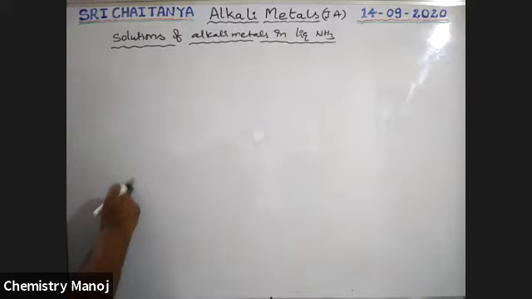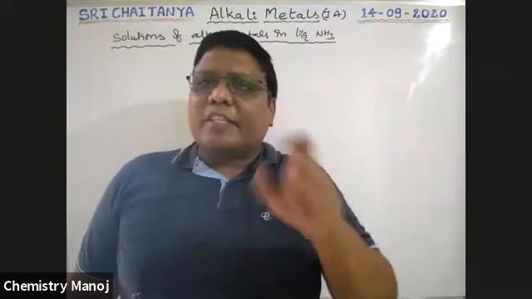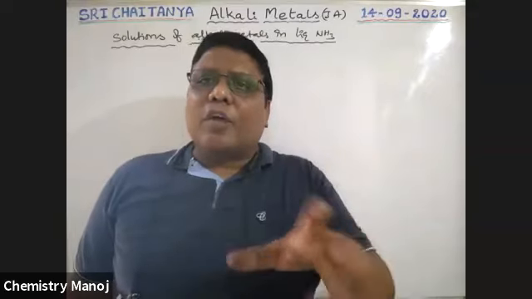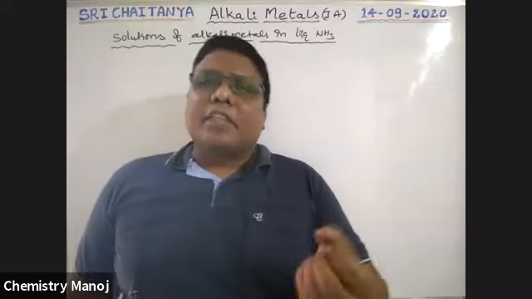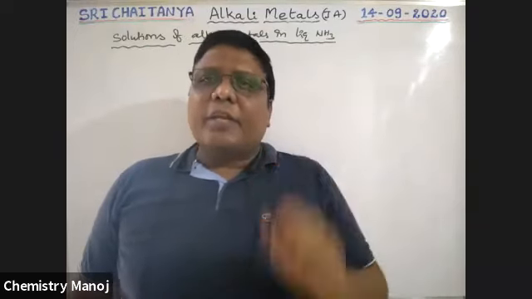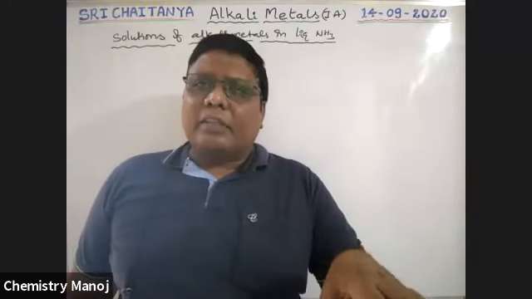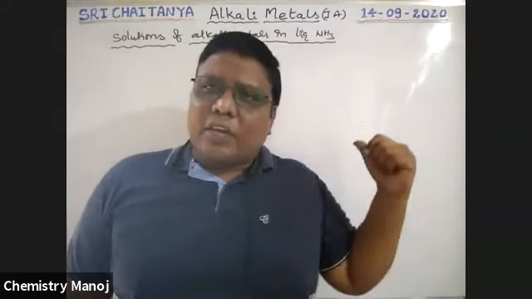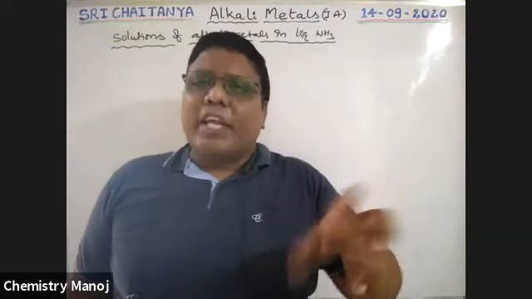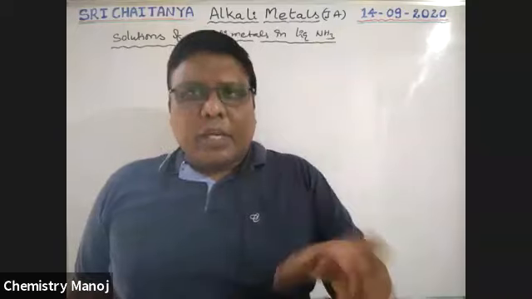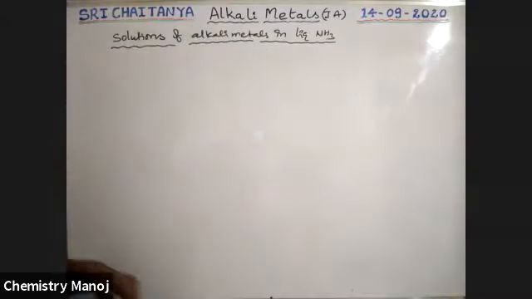What is this, sir? See, boys, if an alkali metal is placed in water, hydration takes place. Around that alkali metal, water molecules accumulate. Just like that, here water is replaced with ammonia. Ammoniation takes place. If water is there, that is hydration. If it is other than water, that is called solvation. That solvation is possible here because it is using ammonia. It is called ammoniation. Hydration is now replaced with ammoniation.